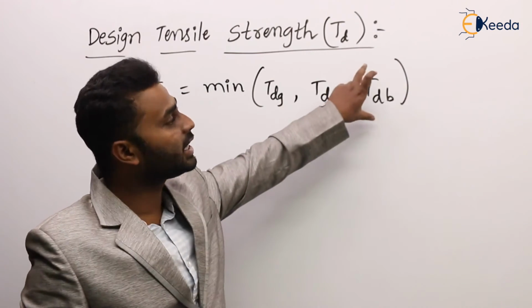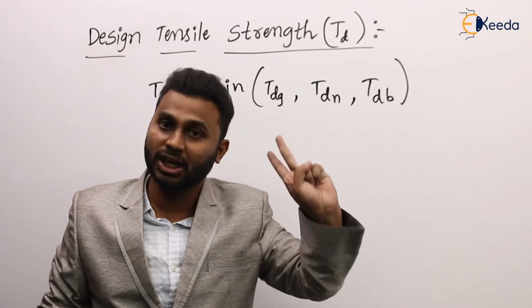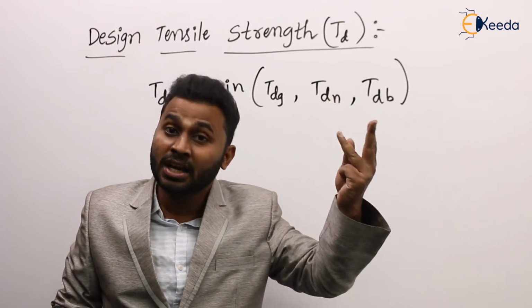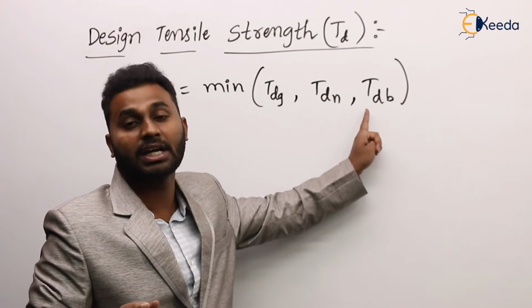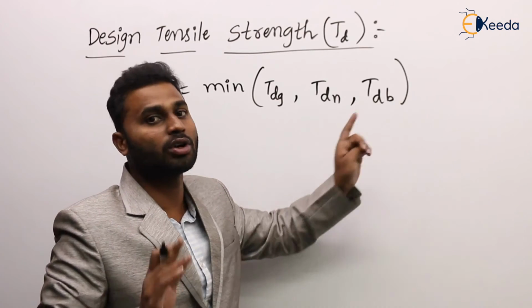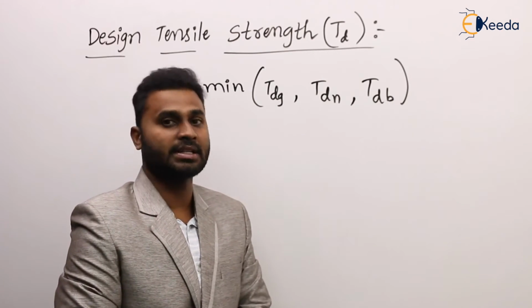So in this block shear again there exist two sub cases. Okay, that is shear yield and tension rupture, and then tension yield and shear rupture. So based on those two we have to calculate the block shear. Okay, design tensile strength in block shear. Out of those two, whichever is minimum, that is taken as a block shear. Okay, design tensile strength in block shear.